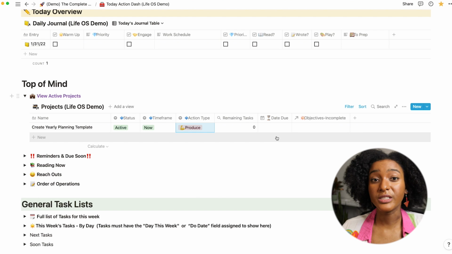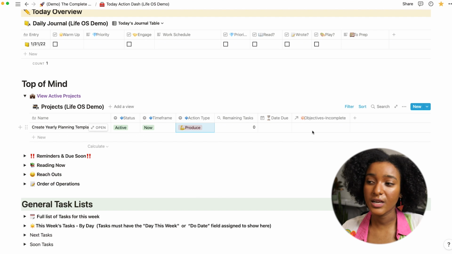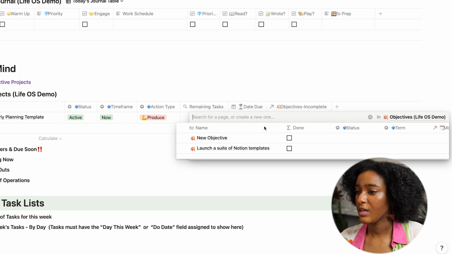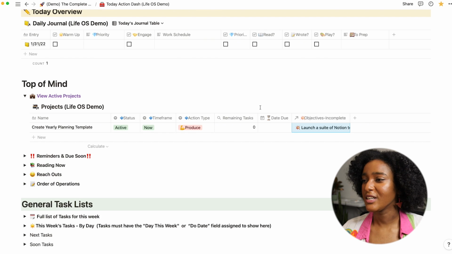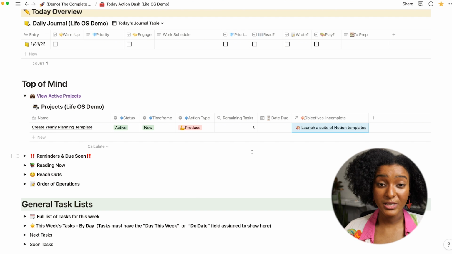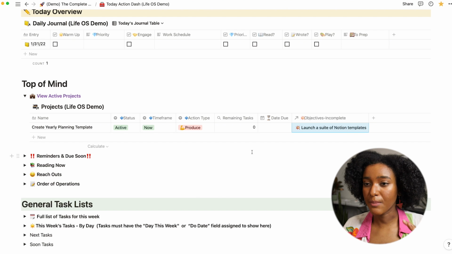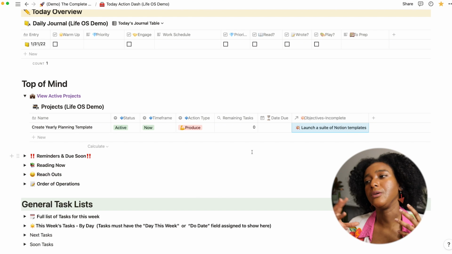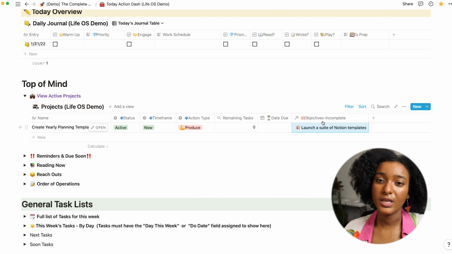There's nothing within this. If there's a due date, I can mark it, and then the objectives that I've yet to complete, I can link here. So I will attach this to an objective, which is to launch a suite of Notion templates. That was one of my big objectives for this year. Basically done with that. I have a couple little things to tweak and a couple other videos to do. But if you've mapped out your objectives and how those objectives connect to goals, I went over that in my yearly planning video. That high level planning can map to these specific projects, so you can think about the actual actions you'll need to take to get the objectives complete. So I can fill in as many or as little of these properties as I want, but either way I'll come in